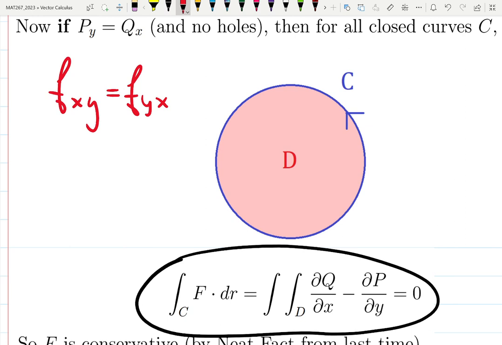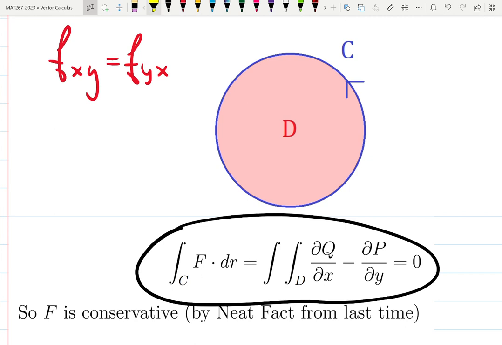If those mixed partial derivatives give you the same number, then this whole integral gives you 0. That happens if F is conservative, and vice versa. If this formula gave you 0, then F is conservative. We had it before. That's actually not new, but now I can give you a strong tool of how to check that